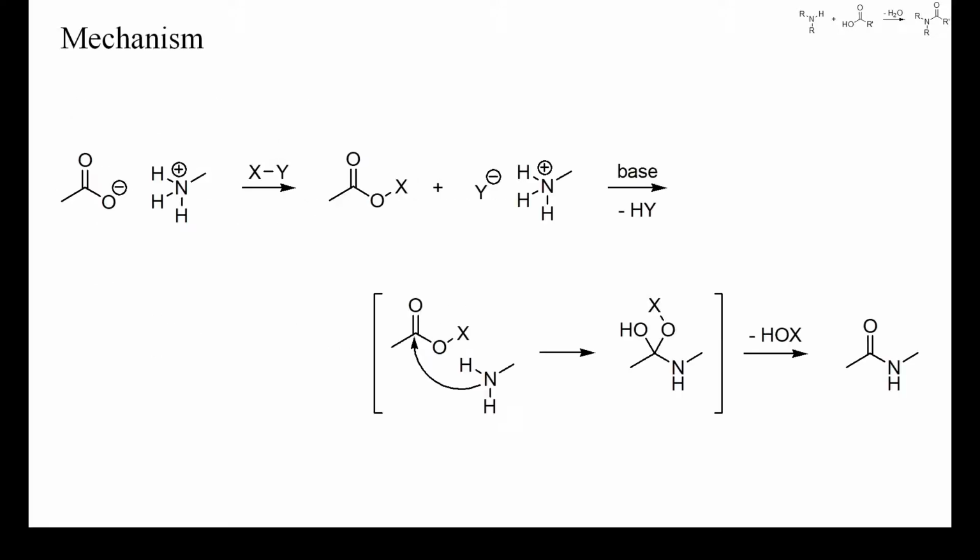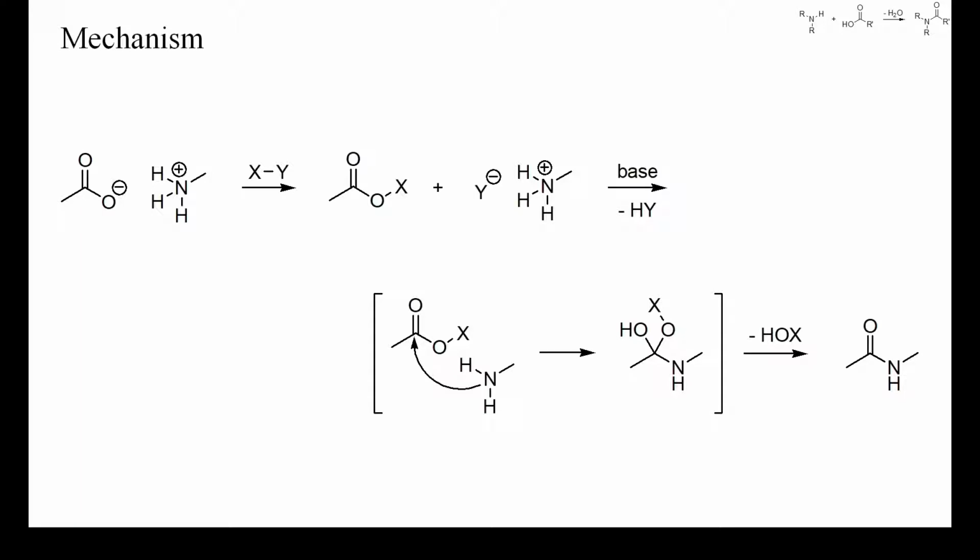strategies. In situ activation of carboxylic acids can be done either with reagents that would also react irreversibly with amines and with reagents that react with carboxylate anions faster than with amines. In the former case, the acid must be activated first and the amine must be added afterwards. But when using coupling reagents that react faster with carboxylates than with amines, these reagents can be added to a mixture of acid and amine.